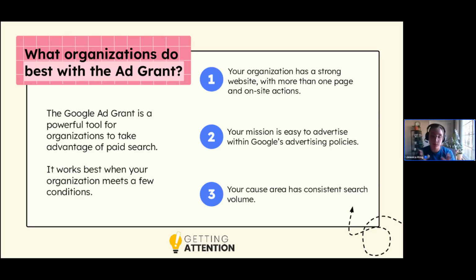There are a few different types of organizations. So you'll want to take a look at Google's advertising policies and just see where your organization fits in. The other thing, which is related but not identical, is you also want to make sure that your cause has consistent search volume. Basically, that enough folks are interested in it for this to be a good medium for you. So, if you are an organization that is promoting research for an extremely rare disease that's very not well known, it may be difficult to get very many clicks because there may just not be a lot of people searching for what you are looking for.